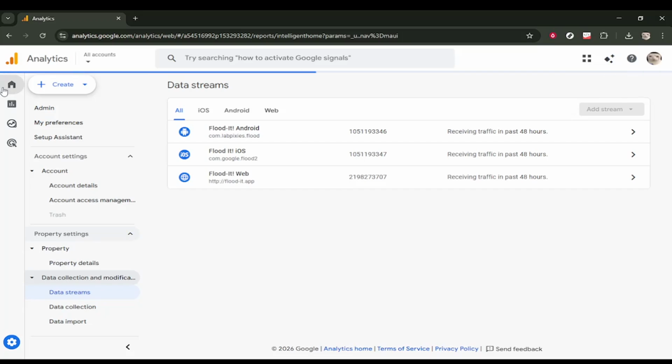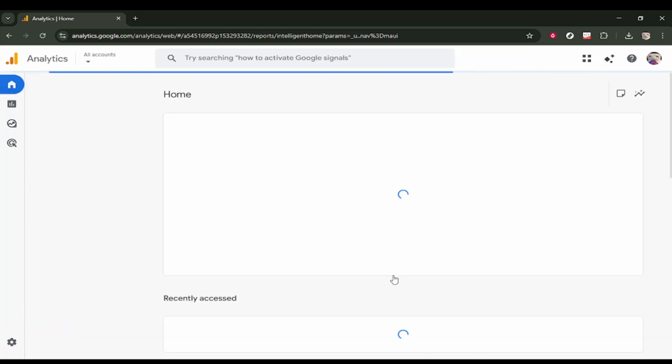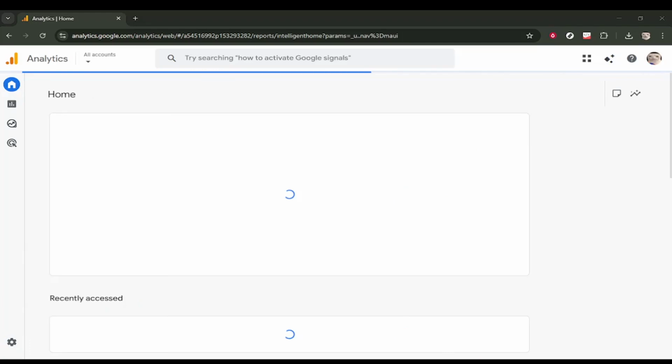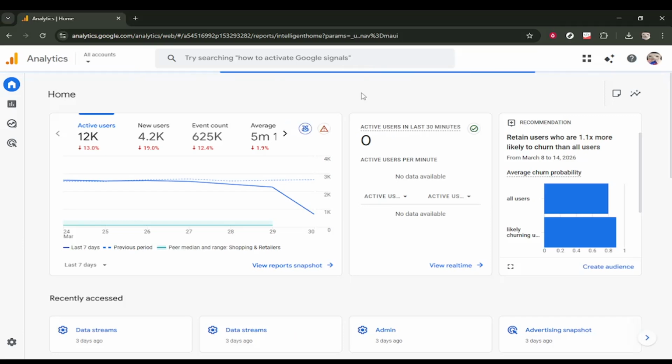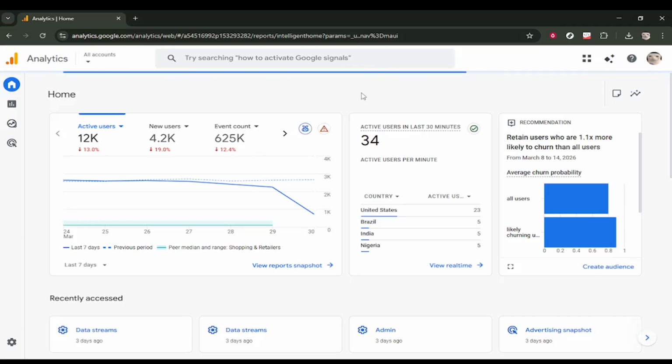In today's video, I am going to teach you how to simplify conversion tracking in Google Analytics. The main idea in Google Analytics 4 is to stop tracking everything and start focusing on the actions that truly matter to your business. In GA4, these important actions are called key events. When you mark an event as a key event, it becomes a conversion, which makes reporting cleaner and easier to